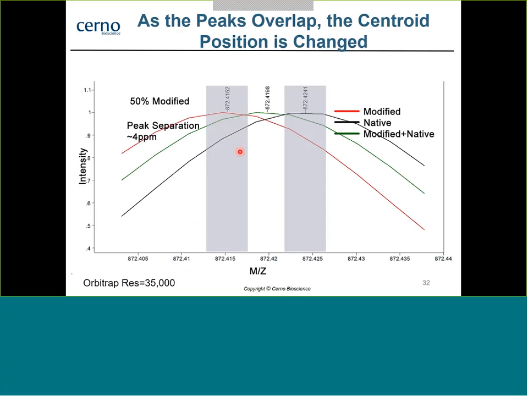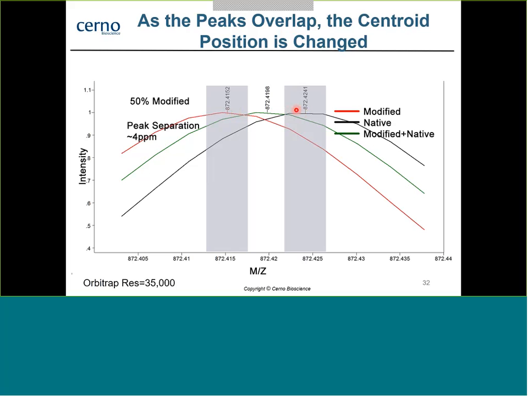Okay, so let me explain what I have here. What we're doing here is I'm showing you the 2 XIC windows that were chosen to differentiate between the modified and the native forms. And this red line here actually is the monoisotopic peak of the modified form. And this black line here is the, I'm sorry, this is the A+1 of the native, and this is the